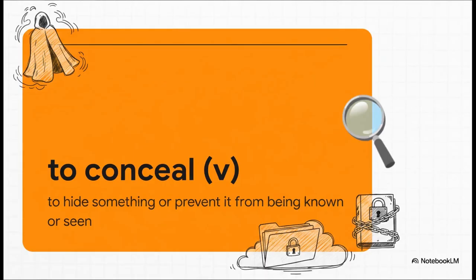And for our last verb in this section, let's talk about the opposite of revealing something. The verb to conceal means to actively hide something. It's not just forgetting to mention it, it's a deliberate choice. So a character in a story might conceal their true motives, or an organization might try to conceal information from the public. It's all about hiding on purpose.